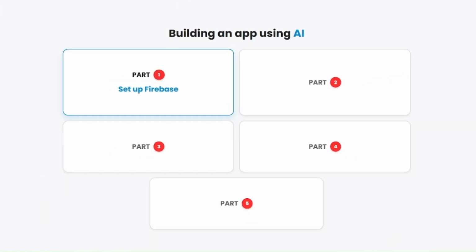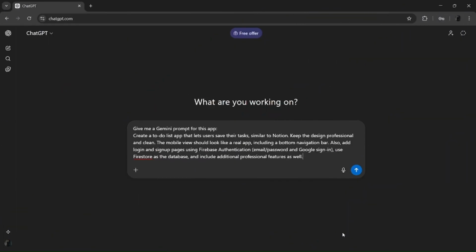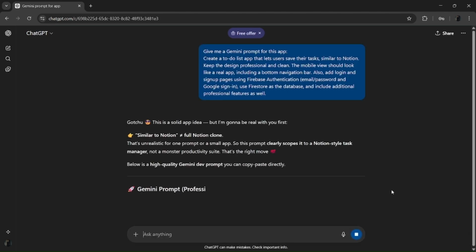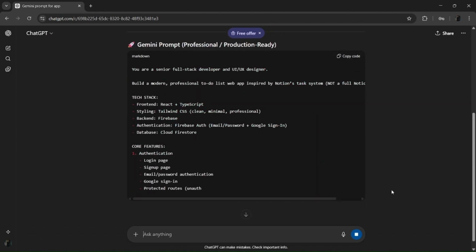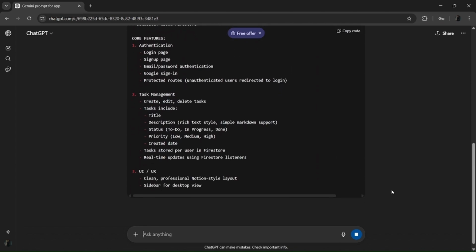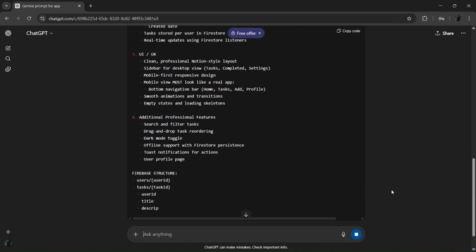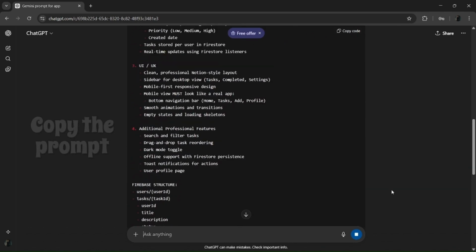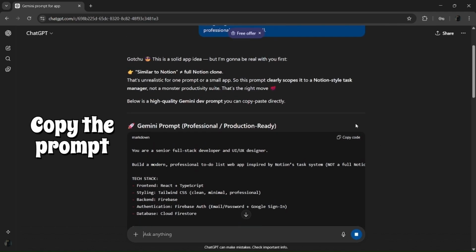Now we're moving to the second part, and it's building with Gemini. Now go to ChatGPT and tell it all the details, pages, and features of your site, and tell it to create a Gemini prompt for the whole site. It will give you a prompt like this. Copy the prompt from ChatGPT